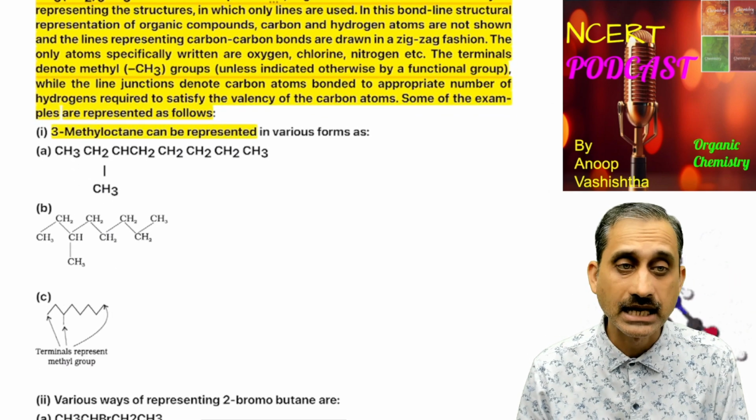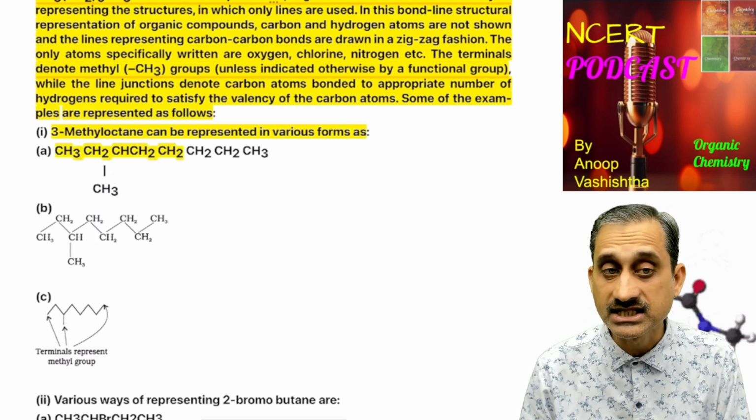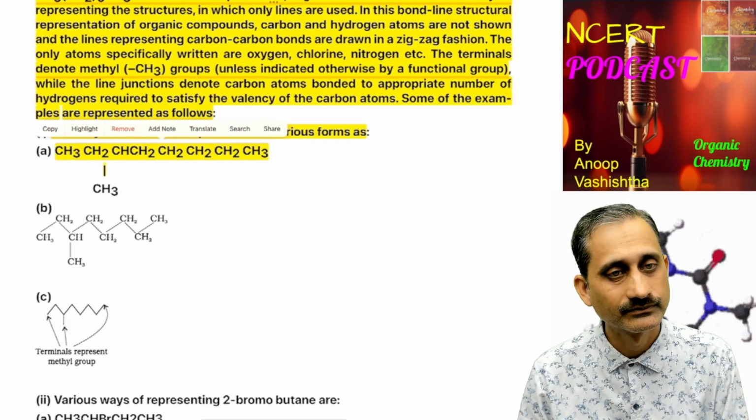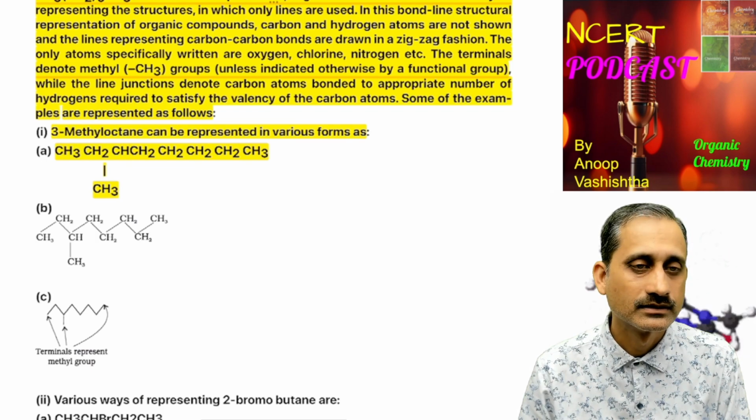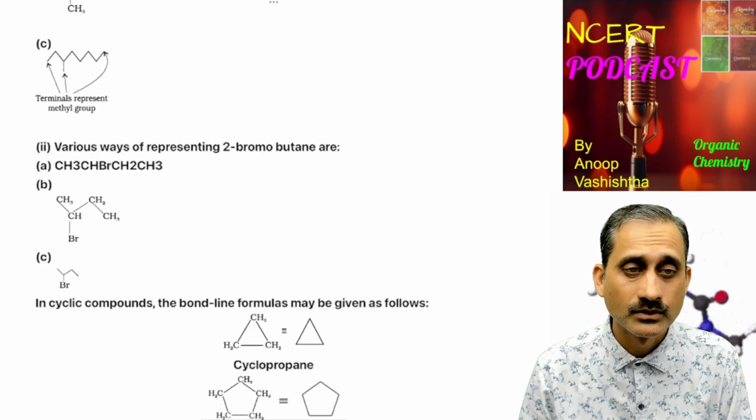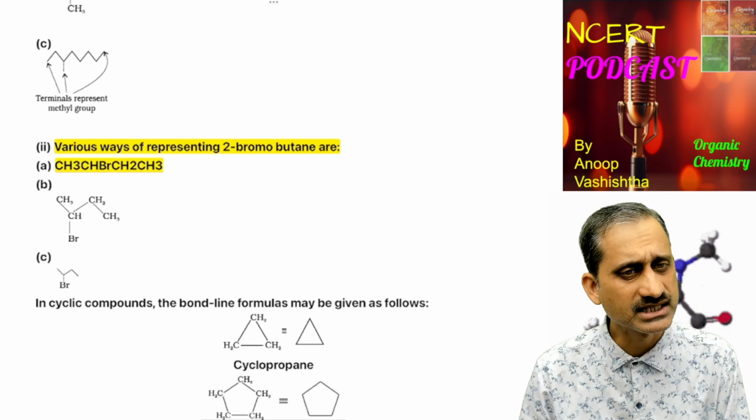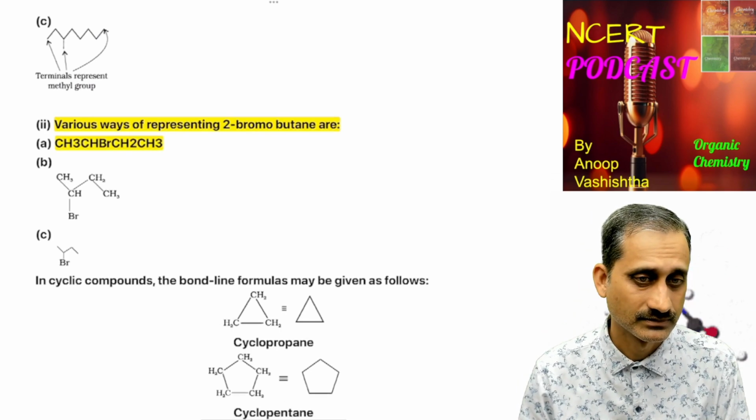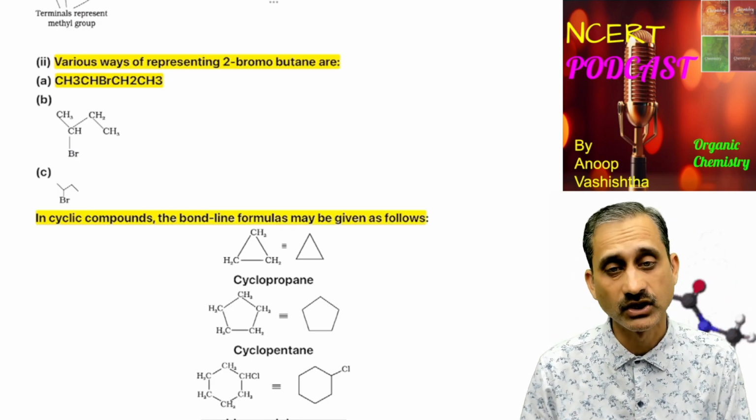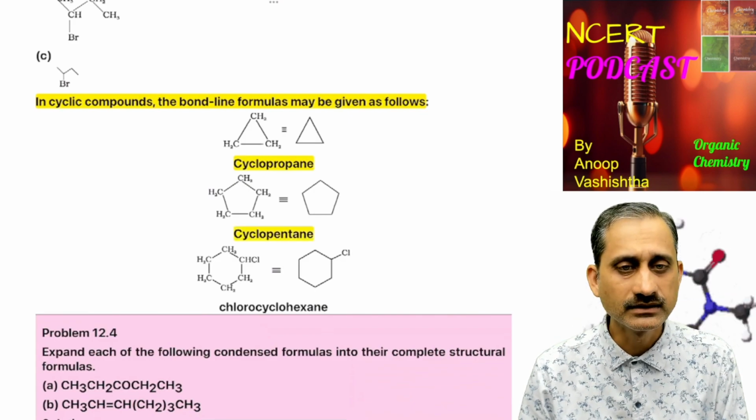3-methyloctane can be represented in various forms as CH3CH2CH(CH3)CH2CH2CH2CH2CH3. Various ways of representing 2-bromobutane are CH3CHBrCH2CH3. In cyclic compounds, the bond-line formula may be given as follows. Cyclopropane, cyclopentane,